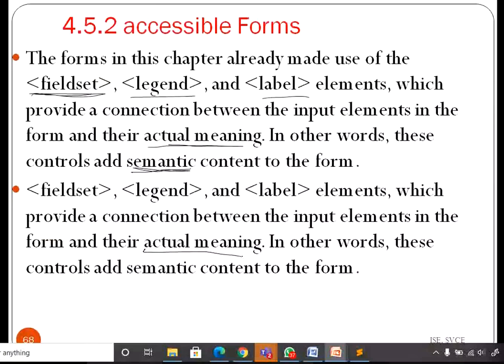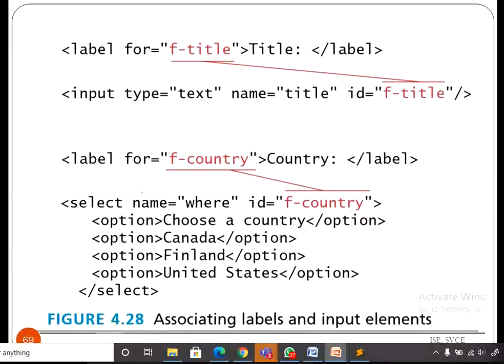Whenever you are using these form elements, you can connect them with the input elements, the input type, that is a text box or some other input elements. How do you connect it? You just need to give the name. If it is a label, you can also connect it to the input elements. Let me show one example, you can just observe. I have a label tag, and here there is a for attribute with title. Now what happens if I use for?